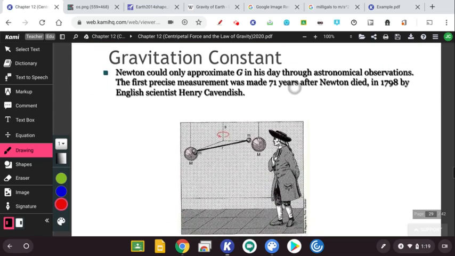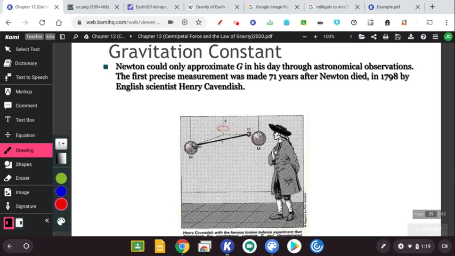The gravitational constant, again, Newton did not know why masses were attracted to each other, but he knew that there was a relationship. The bigger the mass, the bigger the force. The further they are apart, the less the force. That's a proportionality concept. So if you double the distance, you quarter the force. And so what Newton did was just sort of leave it at an approximation. And along comes Henry Cavendish,